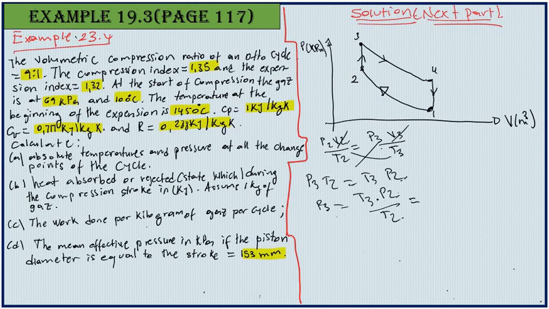At this stage we just need to replace. What is T3? T3 marks the beginning of the expansion process, so in that case T3 is 1450 degrees Celsius. If we convert that into Kelvin,